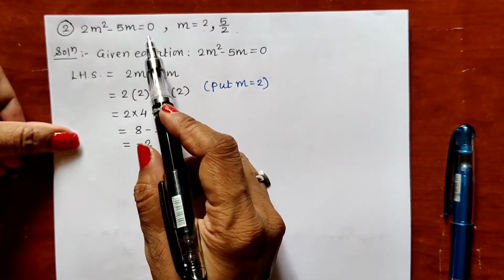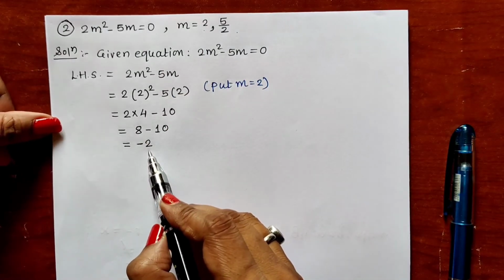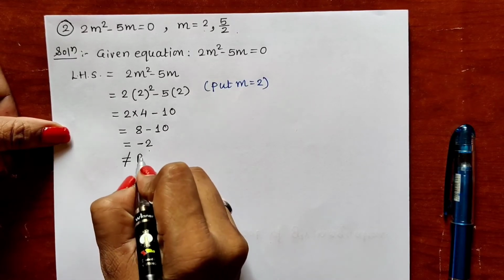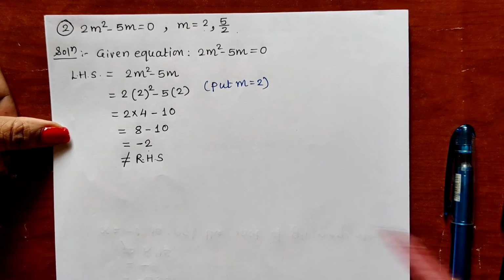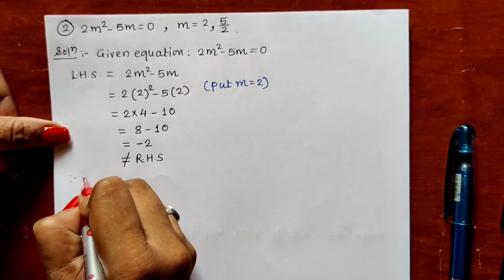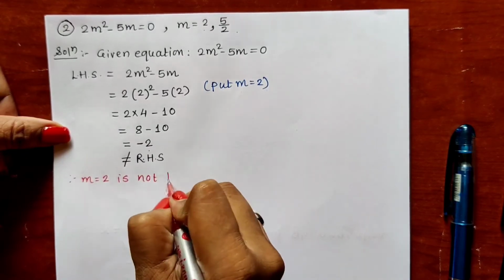But we are having right hand side is 0 and we are getting left hand side is equal to minus 2. That means it is not equal to right hand side. Our answer is not equal to right hand side. As it is not equal to right hand side, that means what? This m is equal to 2 is not the root of given equation. Therefore, m is equal to 2 is not the